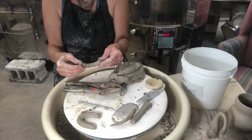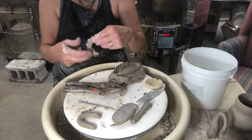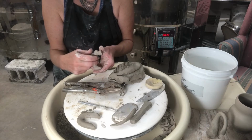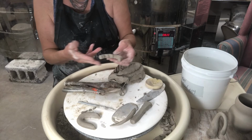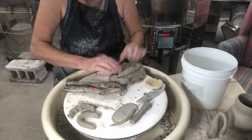And this could be a foot, you know, you could put a couple of these on, or it could be a handle that you hold. Maybe this would not be the most comfortable shape for a mug to hold because of all those little grooves. But I would let it stiffen for a while before I messed with it. Get it to leather hard before I tried to use it. All right, so let's try